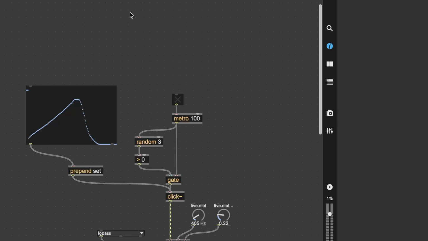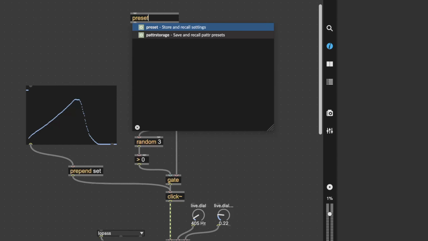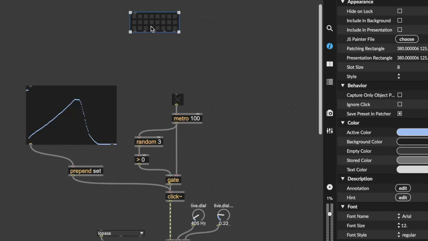Just as a caveat, some of the things I'm talking about here with preset are only available in Max 9. You can do this sort of technique, but in order to do that, you're going to need to use pattern storage and some other features that would work the same way. But recent changes in Max 9 to the preset object let us do this directly. So if you're not familiar with preset,